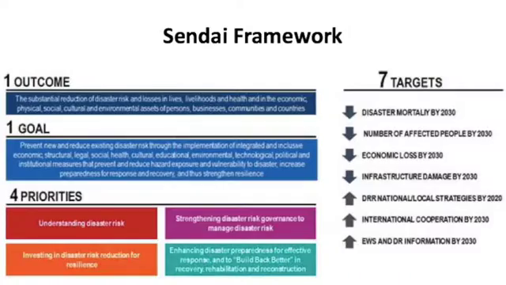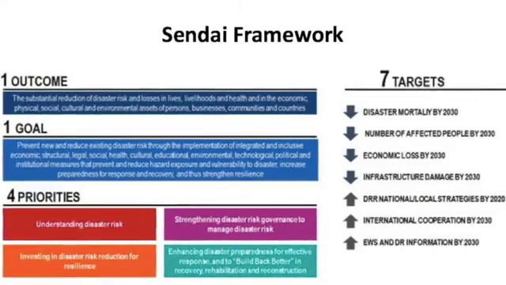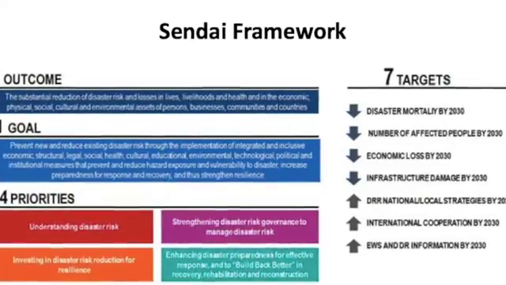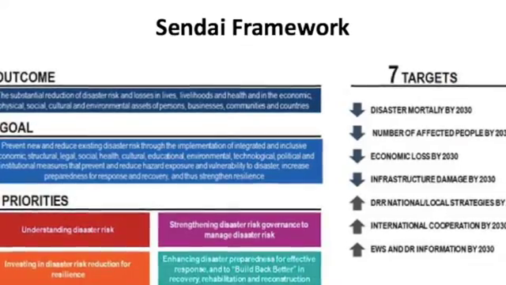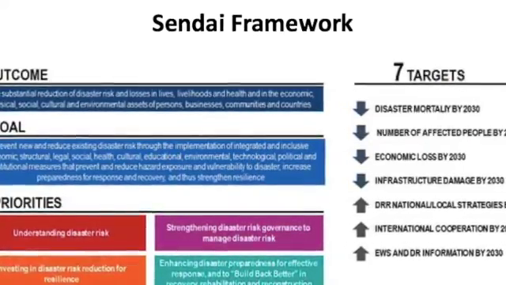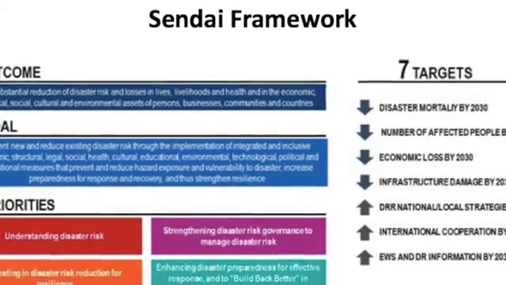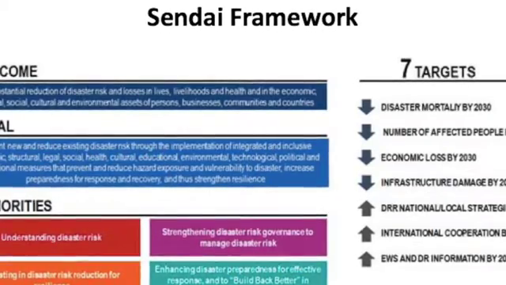In the Sendai framework, we've got 7 targets. Disaster mortality is reduced by 2030. The number of affected people reduced by 2030, the economic loss reduced by 2030, and of course infrastructure damage reduced by that same year. The disaster resilience strategies, both on local and national levels, everyone should have one of these by 2020. International cooperation is increased by 2030, and